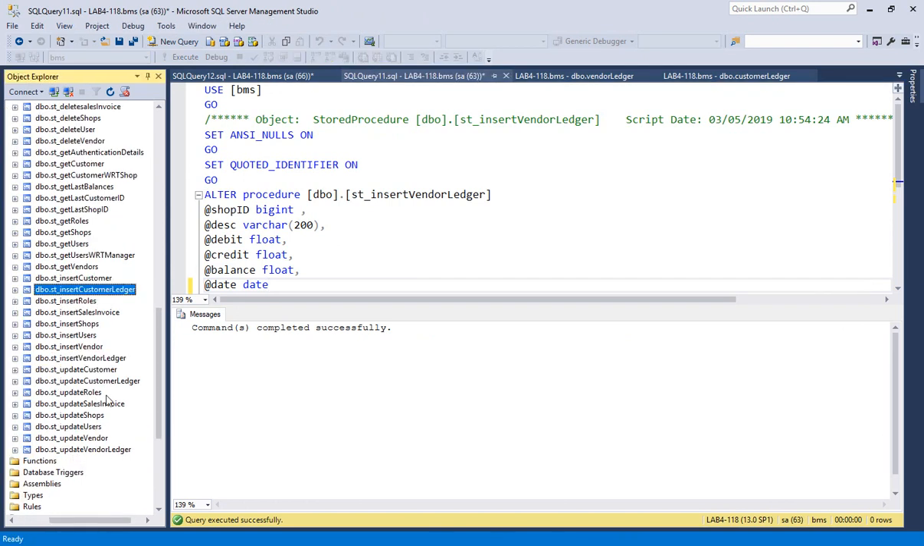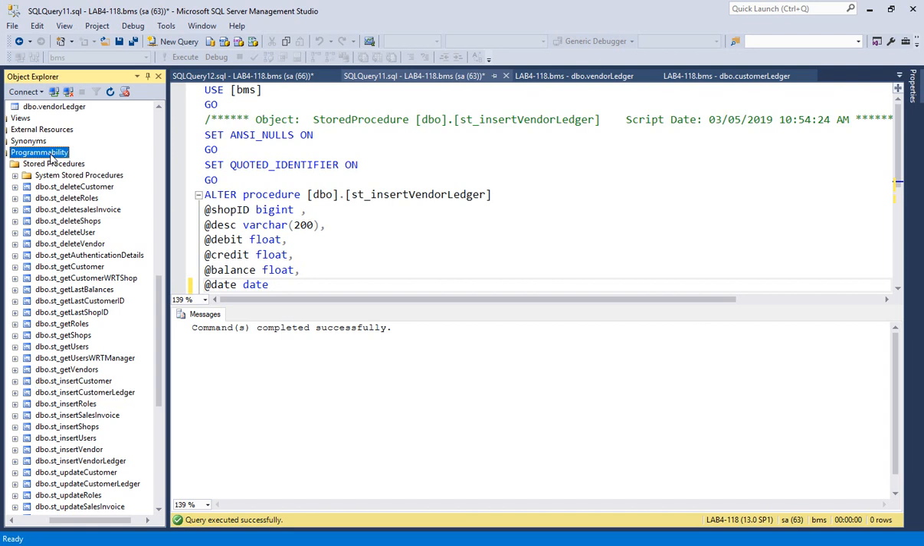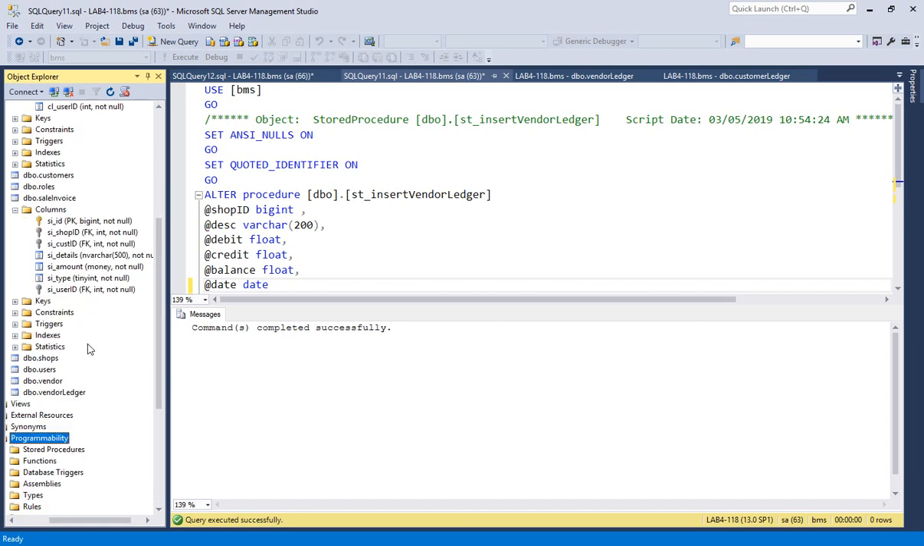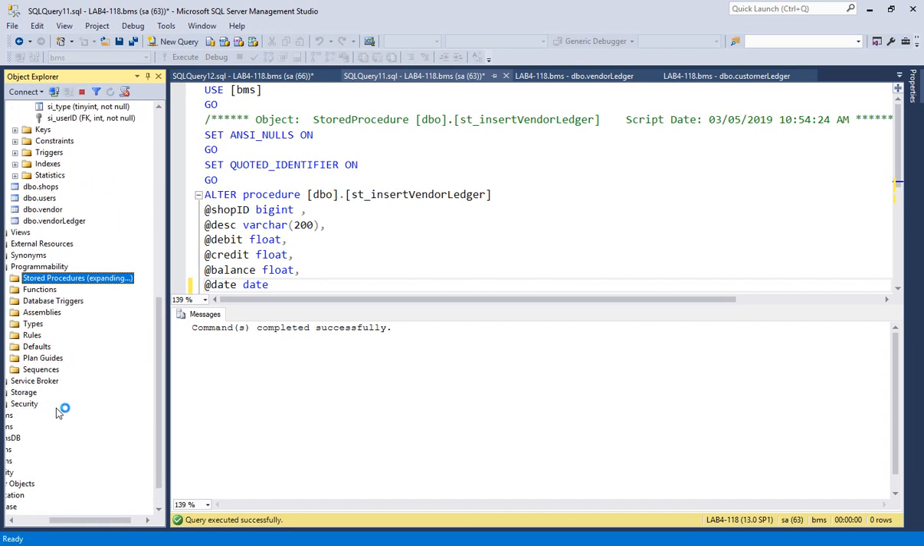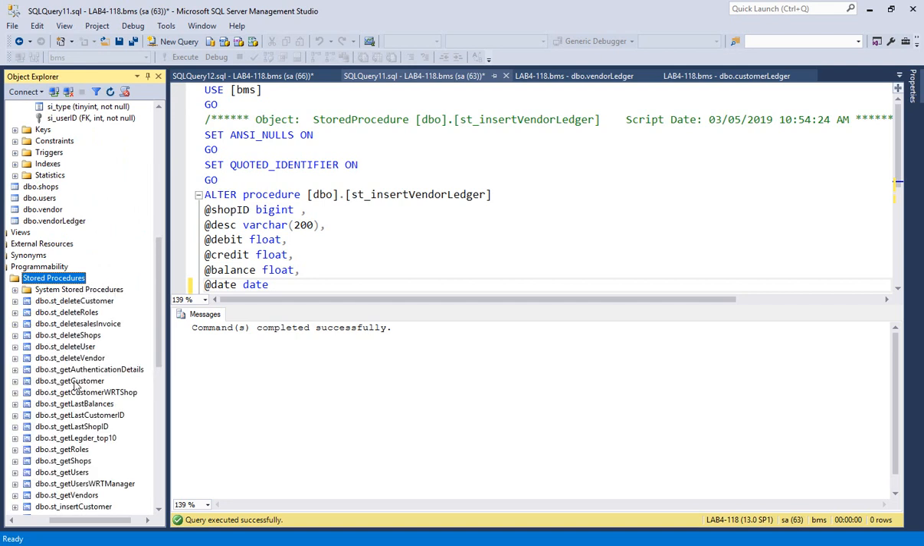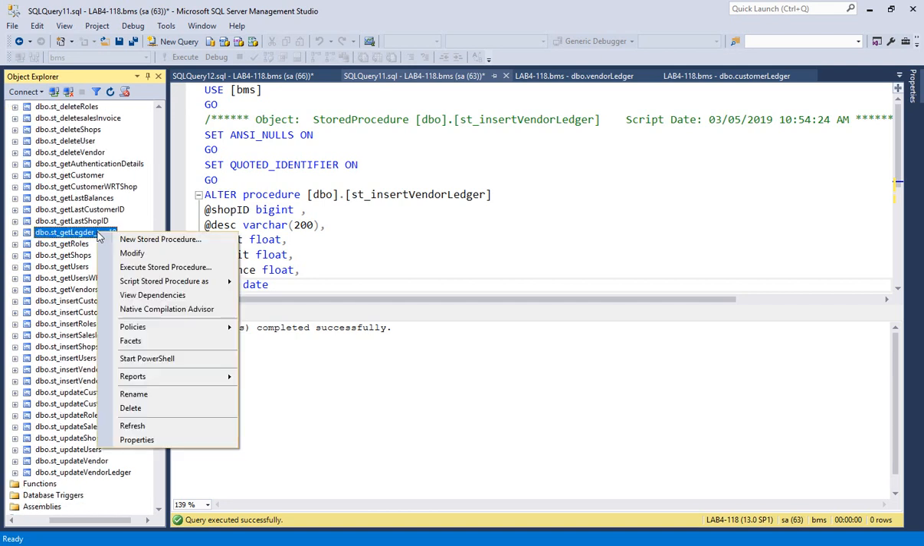Where is that get ledger? Let me refresh the procedures and programmability, stored procedures. You have to rename the procedure name first, and you also have to change the links. Okay, so first of all